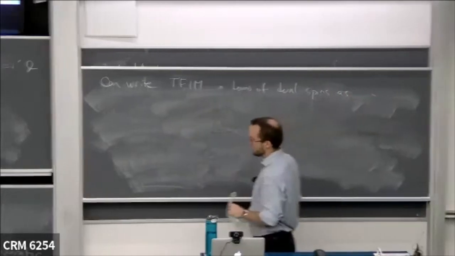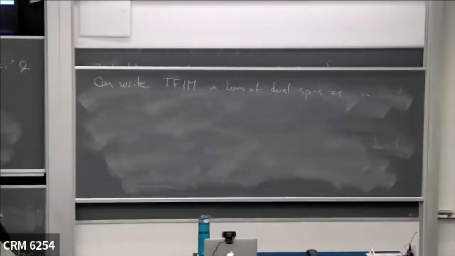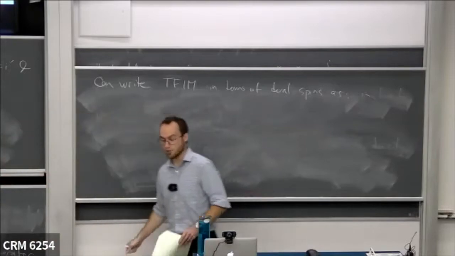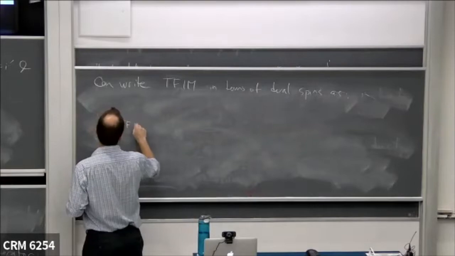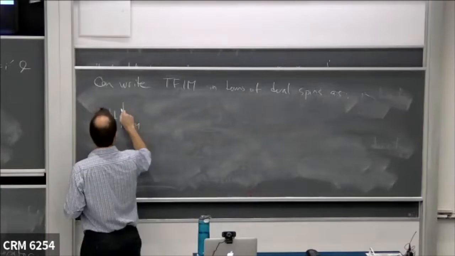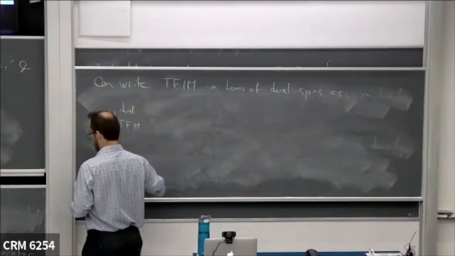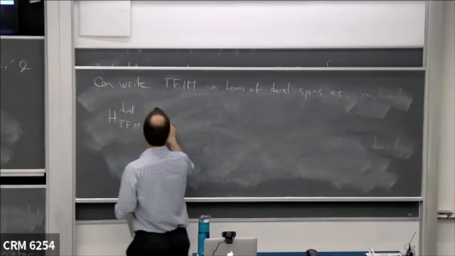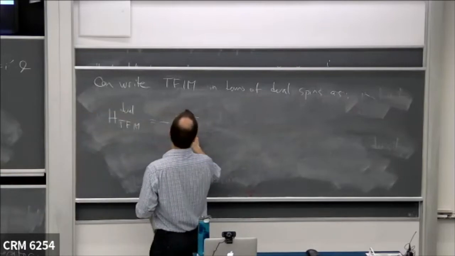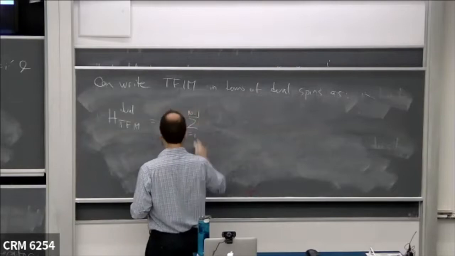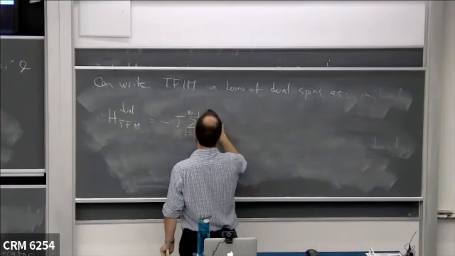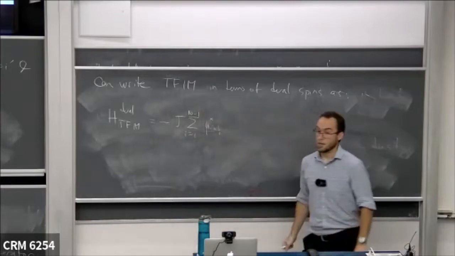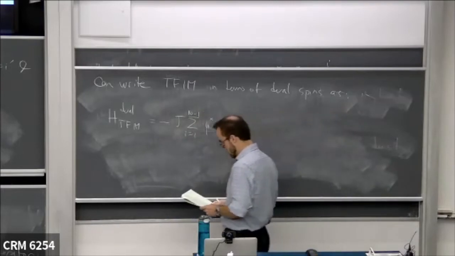We have an operator that is exactly the bond interaction term, and so the sum over Ising interactions in this dual language just becomes a sum of mu x terms with coupling minus J, for I from 1 to n minus 1 of mu I plus a half x, and then for the